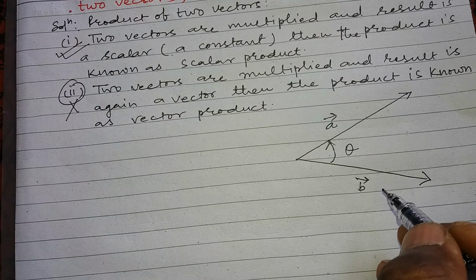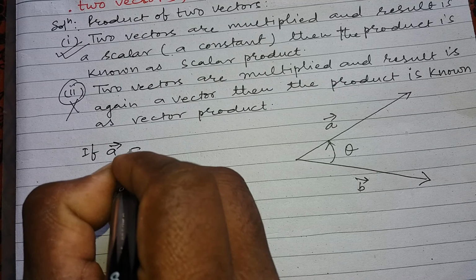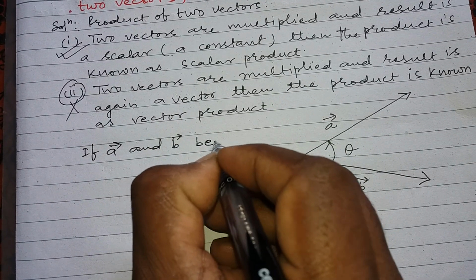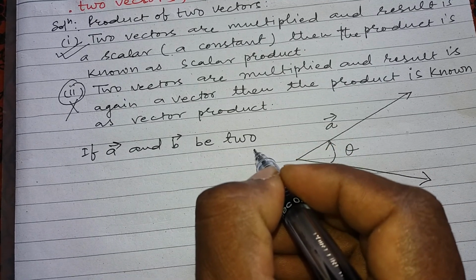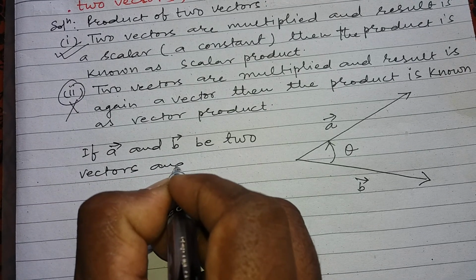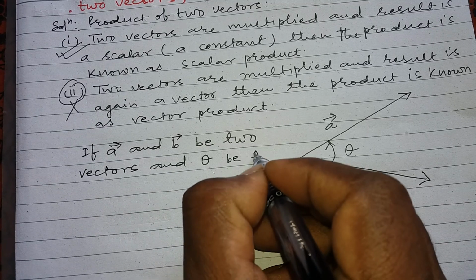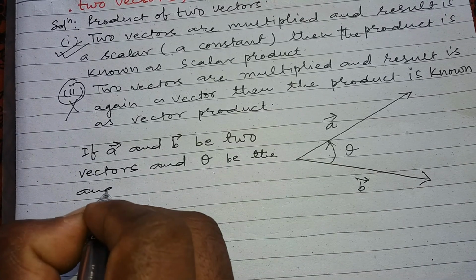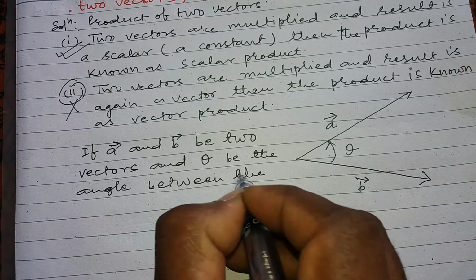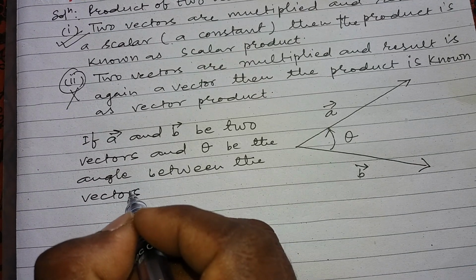Then we write here, if vector A and vector B be two vectors and theta be the angle between the vectors, then